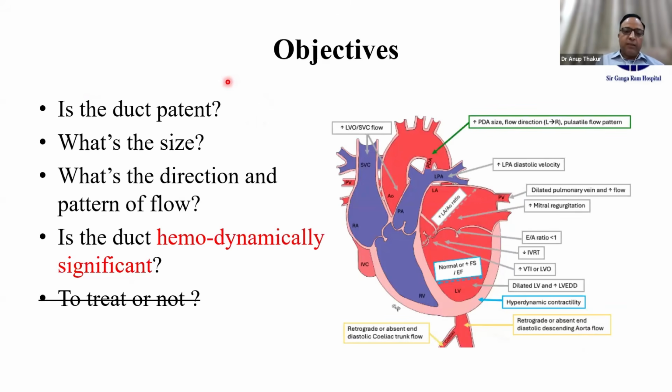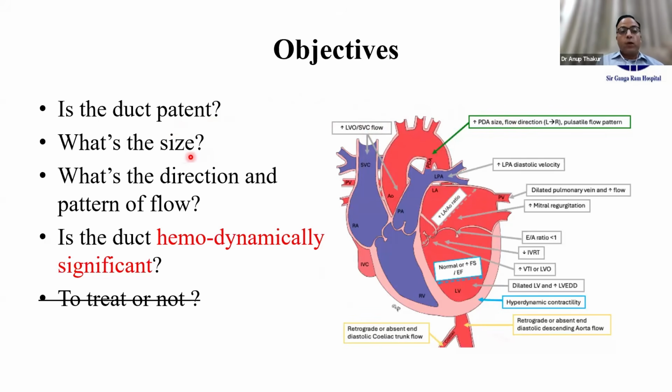functional echocardiography. So, basically, how a pediatrician or a neonatologist can assess a PDA. That's what I'm going to talk about. And in this presentation, we'll try to understand the havoc which is caused by a large PDA inside the heart, and it leaves a kind of signature in the various chambers and various blood flows and various measurements in the heart. So we'll try to see how to assess if the duct is patent, what is the size